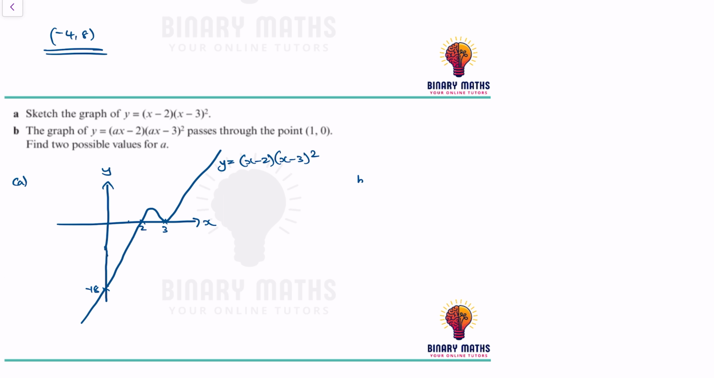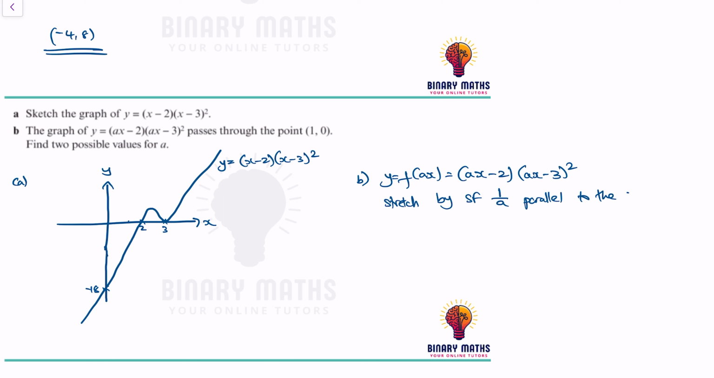Okay, part B. The graph of y is equal to (ax minus 2) times (ax minus 3) squared passes through the point (1, 0). So that means this is y is equal to f of ax, which is (ax minus 2) times (ax minus 3) squared, which is a stretch inside the bracket. So stretch by scale factor. Inside the bracket means the opposite, so reciprocal, 1 over a, parallel to the x-axis. Which means if I sketch it out now,